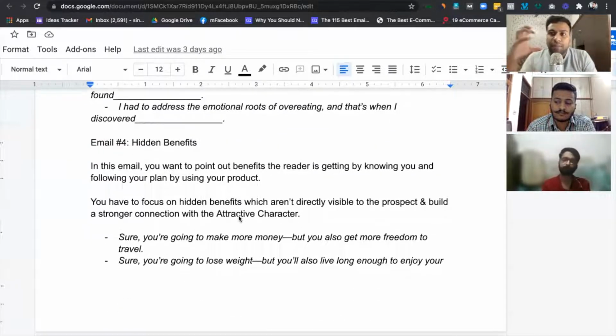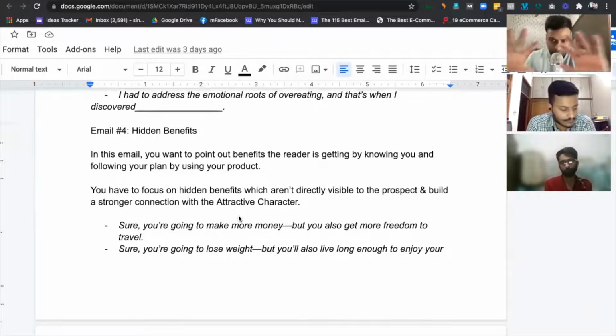And in email 4, you'll be sharing hidden benefits. People can easily see the benefits which are superficial and clearly seen on the front end, but they can't see the benefits which are hidden. Suppose you leave alcohol: you'll save tons of money, that's one benefit. You'll have a better family, that's the second benefit. Your children will start loving you, third benefit. Your wife will start supporting you, fourth benefit. You'll be productive at work again, fifth benefit. These are the hidden benefits. You'll also save a lot of money because it is not being spent on alcohol, right?